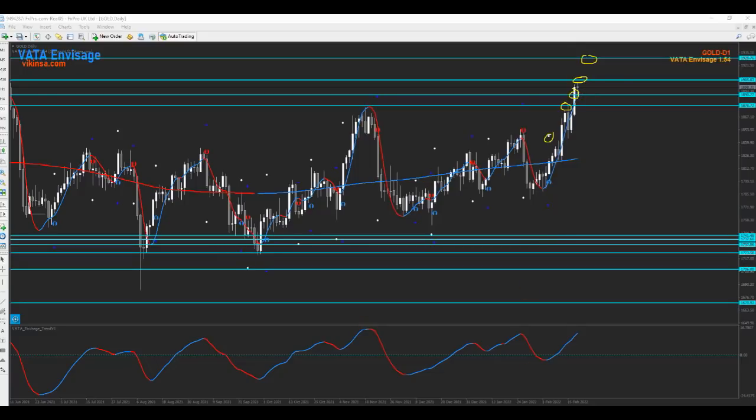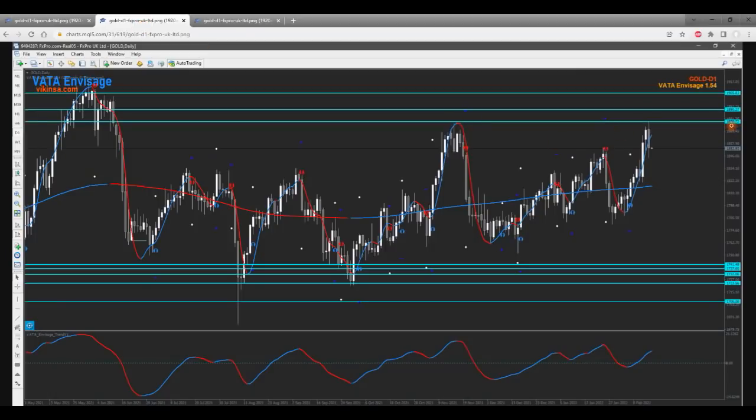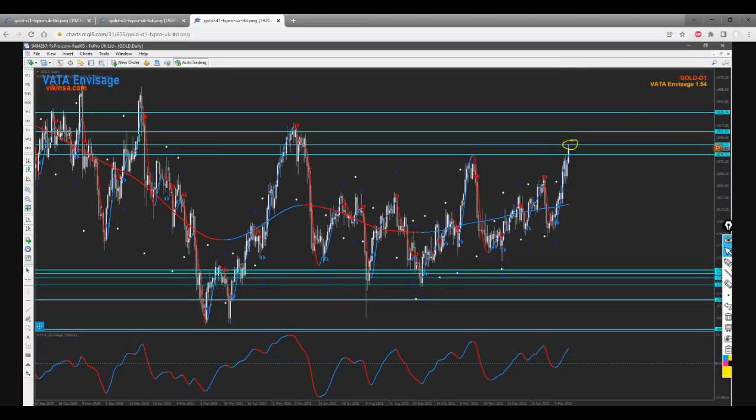These are all reported here on the Telegram group. So this is how it used to be last week: 1878, 1885, 1906, 1928. All of these targets were open. Then it reached 1878 here, and then it reached 1890, and towards the end of last week it reached near about 1905, but it never actually touched that. So that target is still open.